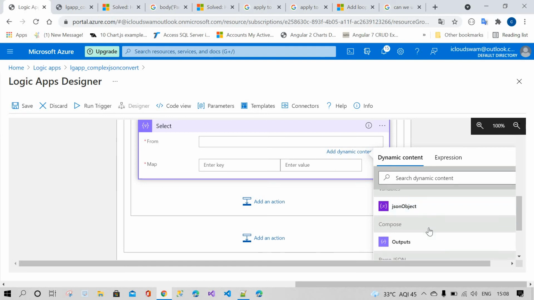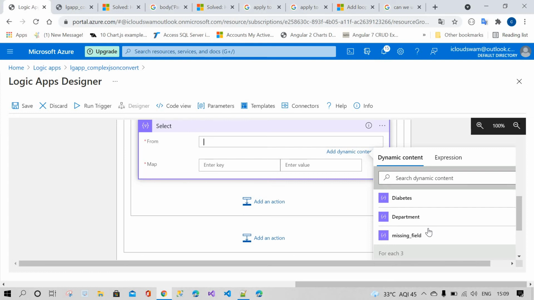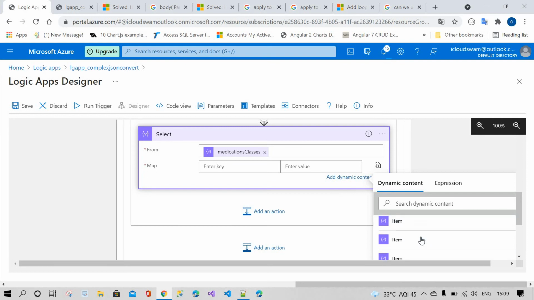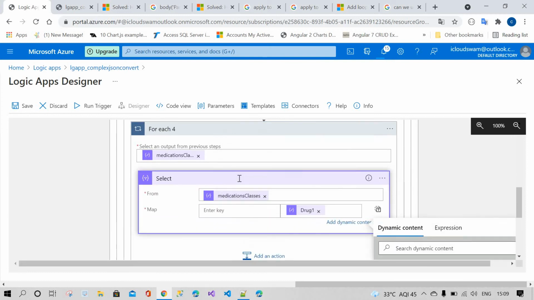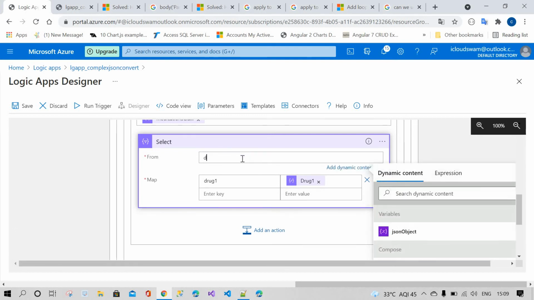Drug 1, I will give it the name drug 1. Now I select the drug 2. Actually, with drug 1 we have to keep it here, let me correct myself. Yes, associated drug.